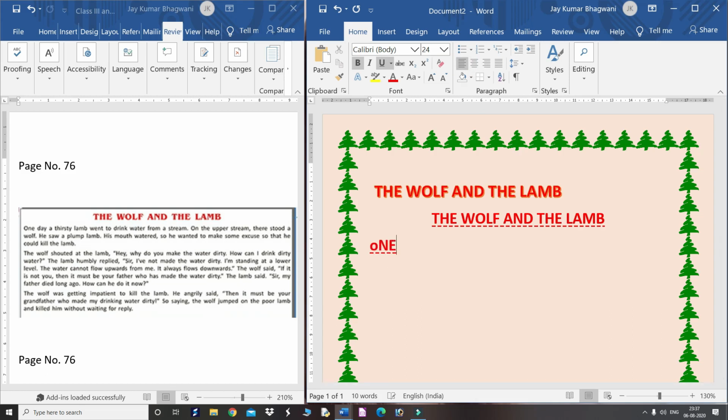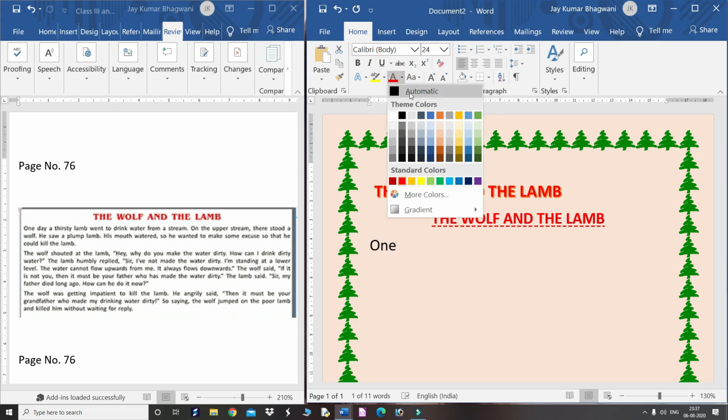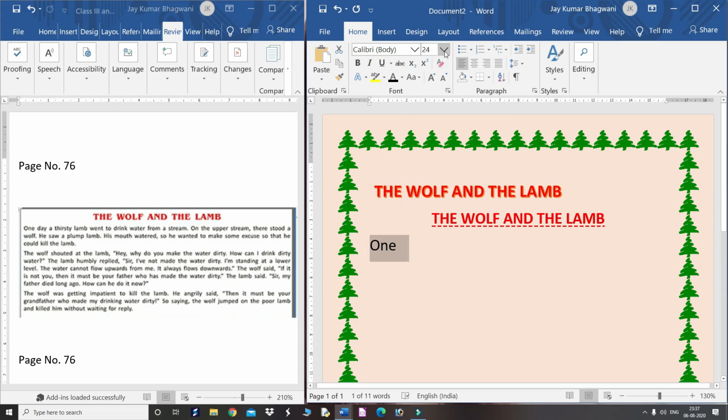Because we have done this formatting, we have to turn off all these settings, because the paragraph we have to write in normal letters. So click this bold option again, turn off this underline option, and make the color automatic, that is black, and decrease the size from here.